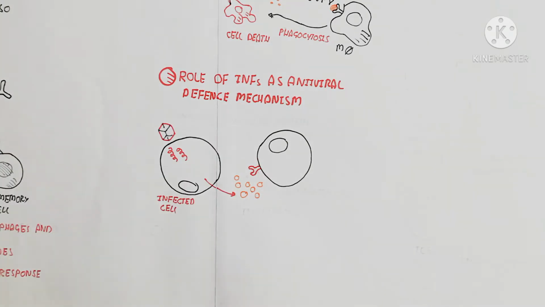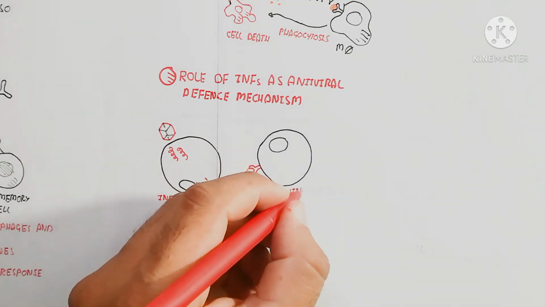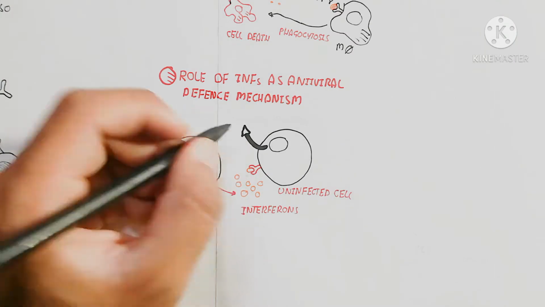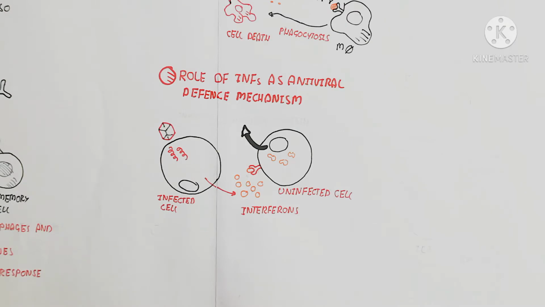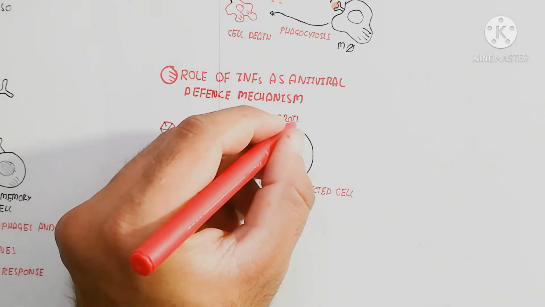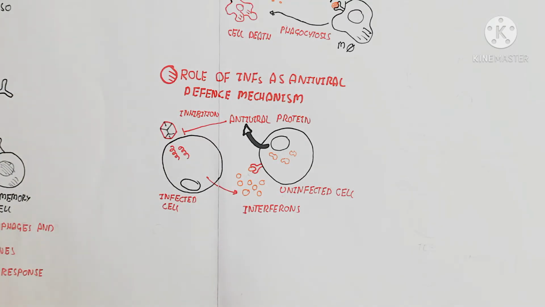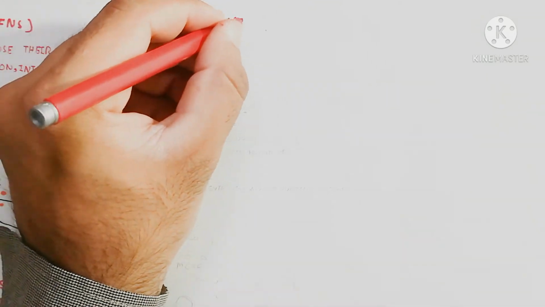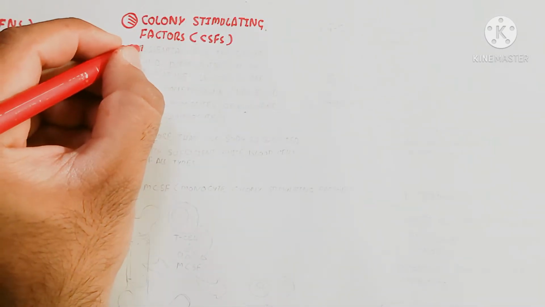So the interferons will be produced. Here is the infected cell, and here is the uninfected cell. The infected cell produces the interferons. These interferons will bind with the plasma membrane of the uninfected cell to alert it to produce antiviral protein, due to gene transcription and translation, and these antiviral proteins will inhibit further infection by the virus. That means inhibition, but the infected cell will be killed by the cytotoxic T cell due to the adaptive response, for example the cancer cell or something.